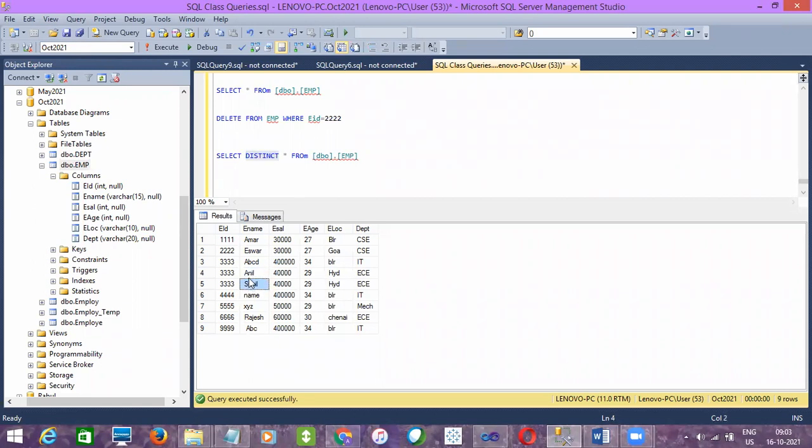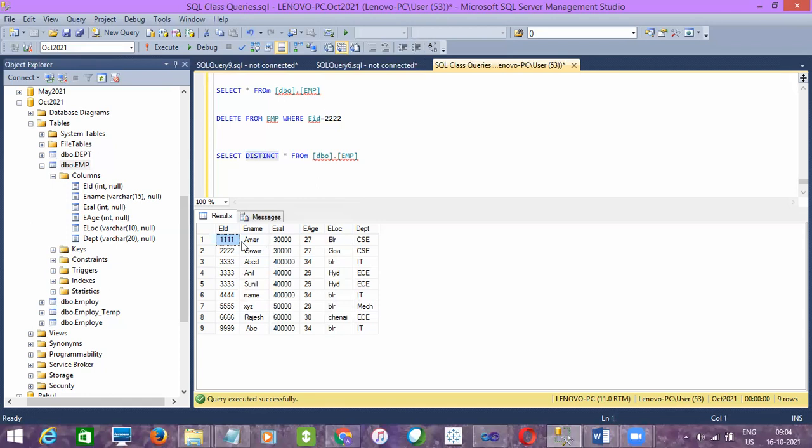If the name is also the same here, then only this value will be treated as a duplicate if you use distinct, which means the full row value should match. You got my point, guys? Here also 3333 should be there, and also ABCD, here also ABCD. Then all the values, here also some 4 lakhs is there, here also should be 4 lakhs. So only if the two rows are the same will it treat them as a duplicate.